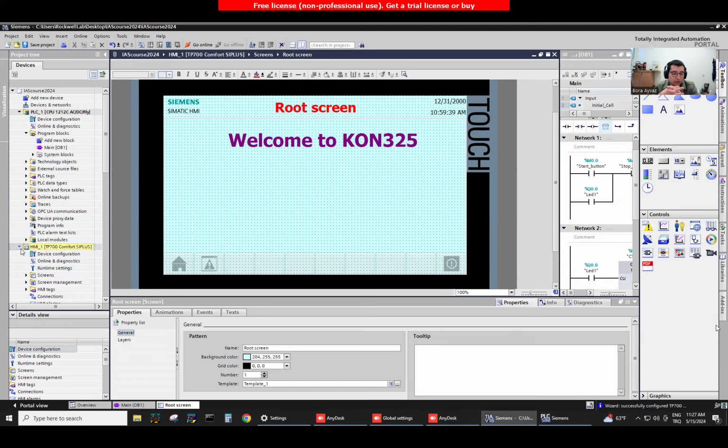Let's make an application that has two screens other than the root screen. The first will be the control panel, where we trigger our buttons and see the applications. And let's have another screen called process panel, where we basically put a trend and monitor the changes of our data. For that, from the devices part, project tree,